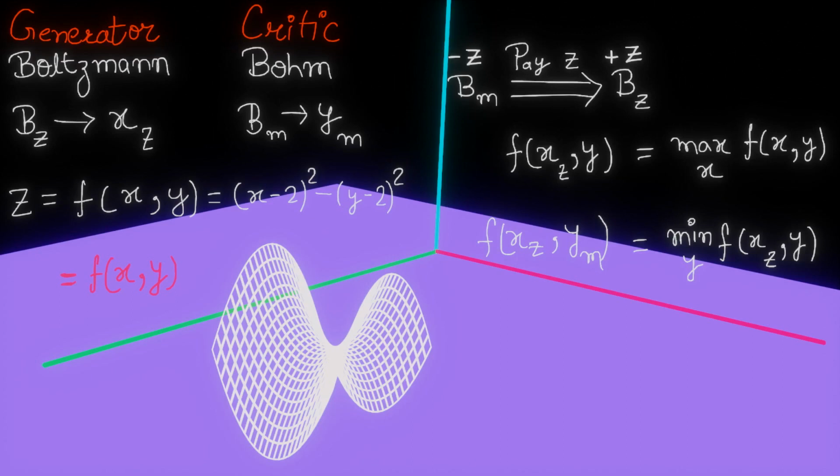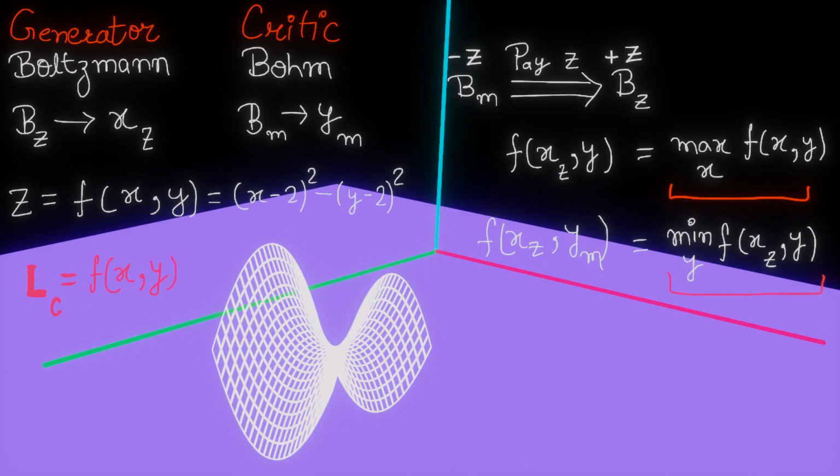The difference is that in GANs, this function is called a loss function or a cost function. And this is denoted by this capital L with a subscript C. This function can be anything. The generator's aim is to output such a number xz which maximizes the loss function and increases the critic's loss, which is another way of saying that the generator should choose its weights such that it outputs a picture which increases the value of the loss function or maximizes it, or makes it difficult for the critic to differentiate it from the real image, while the critic's aim is to output such a number ym that minimizes the loss function,